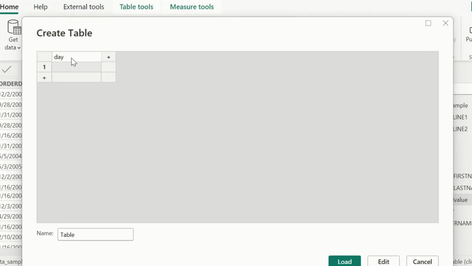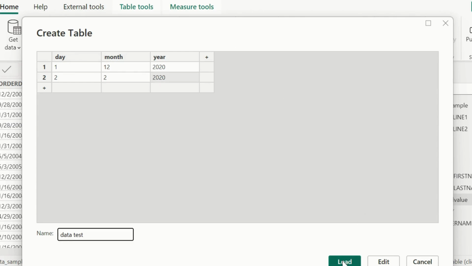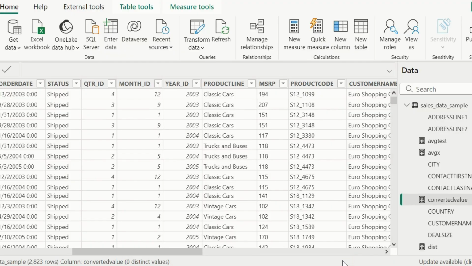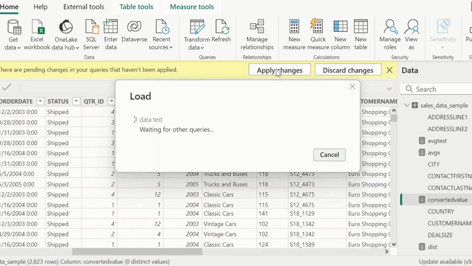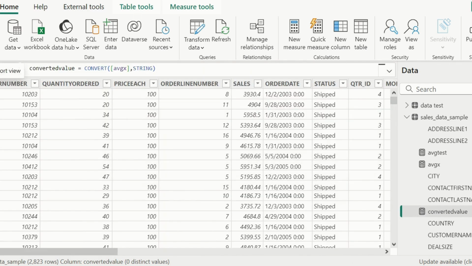First we have the day, then month, and year. For year we can have 2020, month we can have 12, and for day we can have the same. Month can't be 21. So let's load this data. So this data is loaded.